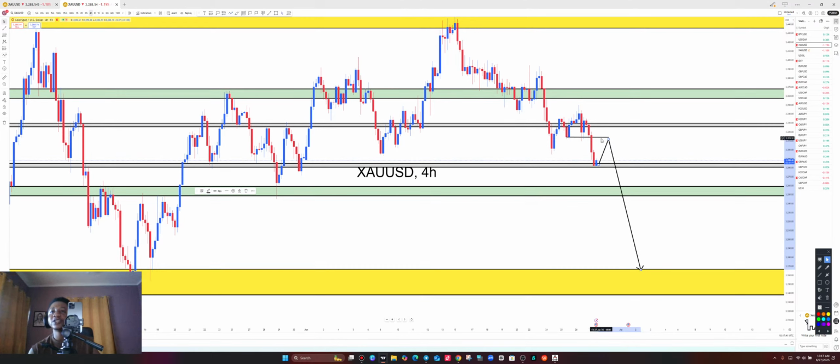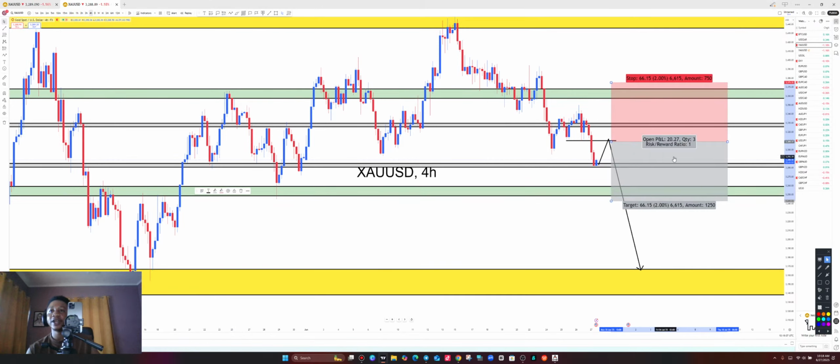So gold, this is going to be our next selling opportunity. I want to see price come a little bit up to give me a retest here before I can add an entry to the downside on this pin. So gold, this is what I'm expecting before an entry can be picked to the downside today. Today, you understand? Today. So that's it also for gold. We are done with the analysis over here. Very simple, very clean, and very straightforward. Let's go to the next pair.